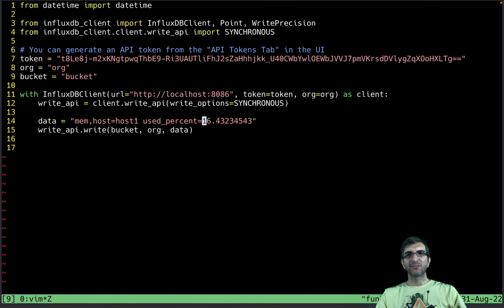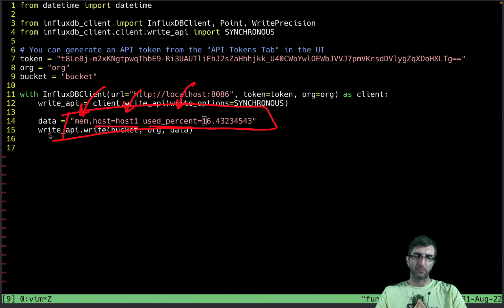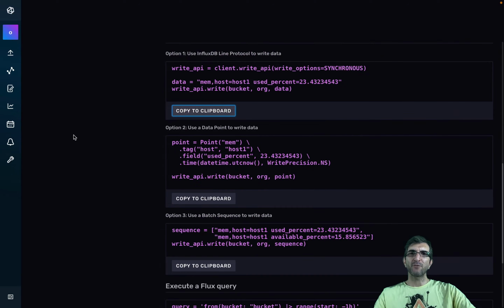As you can see, the good point is I didn't need to configure anything. I just called this write with this data. It created the tags, it created the point name and everything. Now if I come to my GUI,